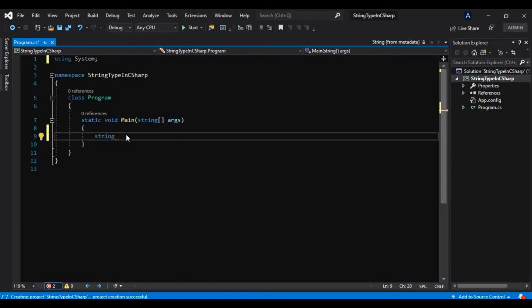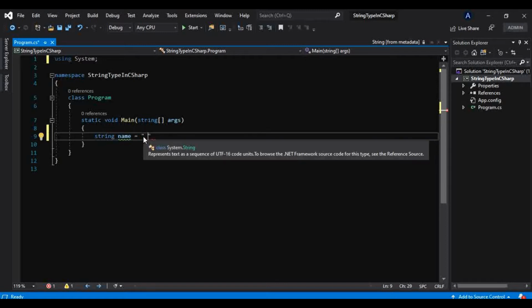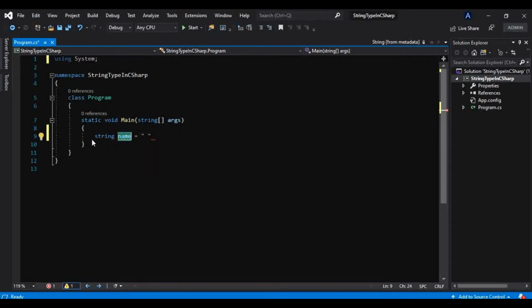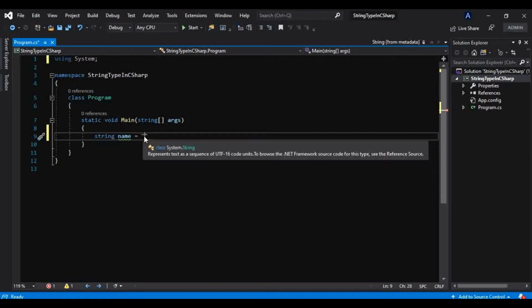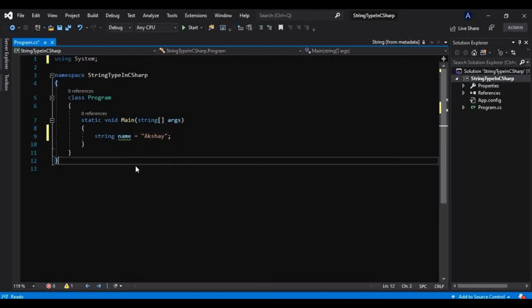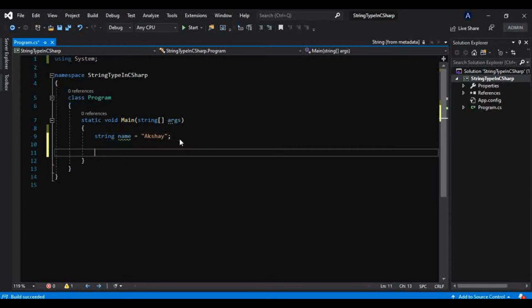Let's take any variable, let's say a name, having type string. Now what is the string type? Everything that you put inside these two inverted commas will be treated as a string, and that only we can store into any variable which has this type, string. Let me have one name here, anything, let's say Akshay maybe. And let's print that to the console.